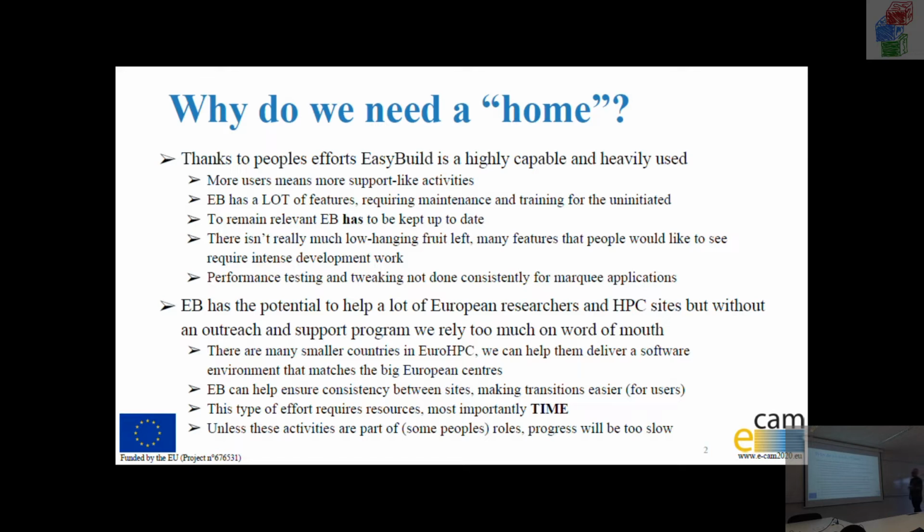I think the first thing to do is give everybody a pat on the back. A lot of people in the room have put a lot of effort into making EasyBuild a good product, a good tool. It's capable, there's a lot of users out there, and it's really good. But when it's successful, with that success comes support type activities. More people start to use it, and they want it tweaked, or they don't know how to do something very well, or they want this software. So people want things.